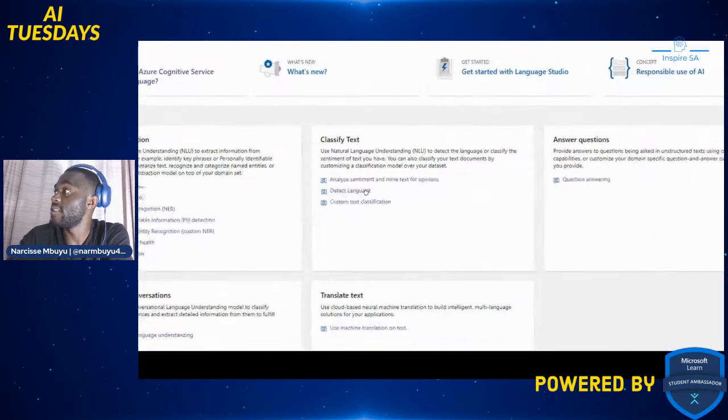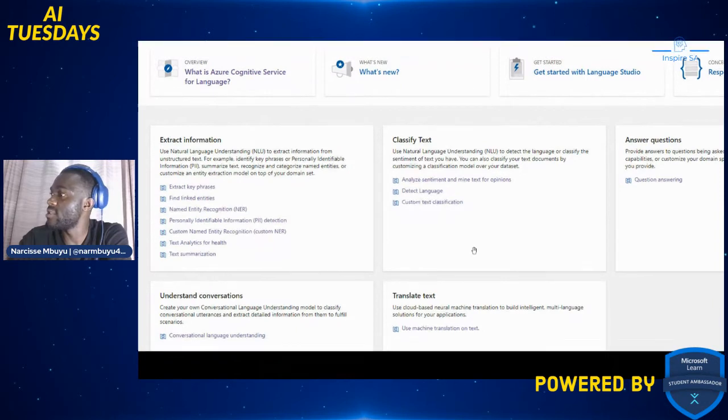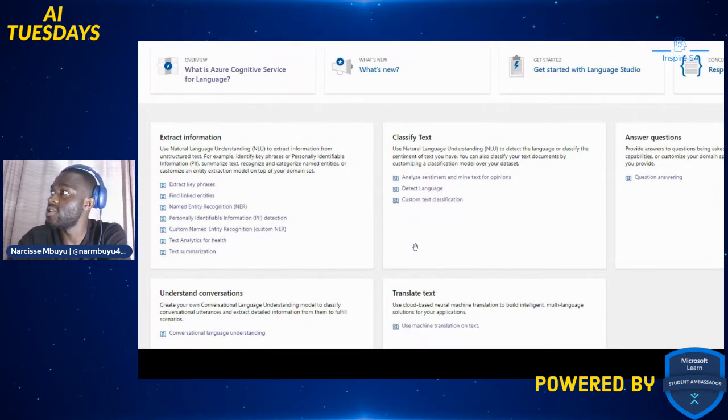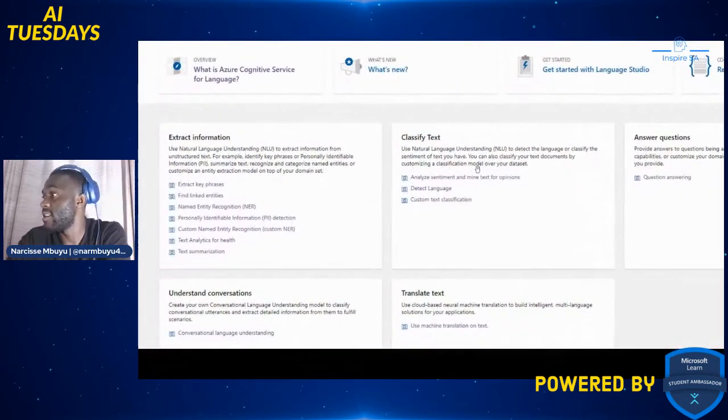These are subgroups: extracting information, classifying text, answering questions, translating text, and understanding conversation. Under classifying text, we have analyzing sentiment and mining text for opinions, which we already did last time, and detecting languages, what language is in the text. Then custom text classification, question answering, translating text using machine translation, and conversational language understanding. So this is what we did last time on Azure.